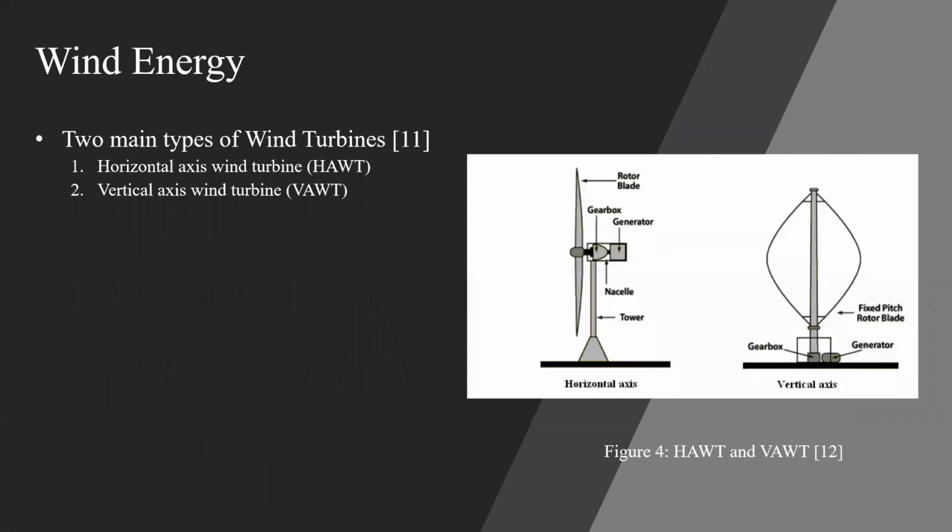There are two main types of wind turbines. The first one is the horizontal axis wind turbine, which is the most common one that you see. And then we also have the vertical axis wind turbine. The benefit of the horizontal axis turbine is that it's constructed higher in the air, which gives it access to stronger winds. This allows it to produce 20 to 40% more electricity than the vertical axis turbines. However, this does mean that maintenance is a lot harder to perform, as they are higher in the air. They also have to be shut off when the wind speeds get high, as high winds can damage the